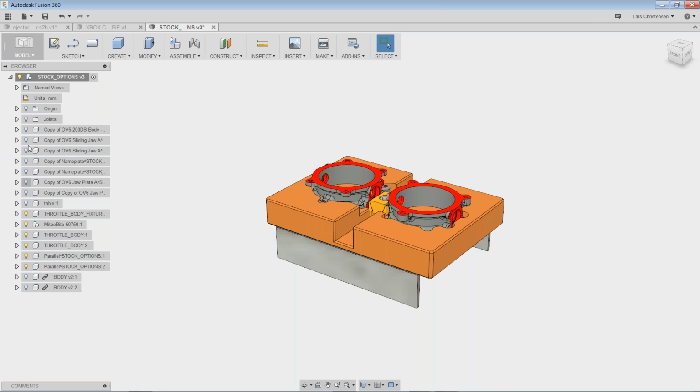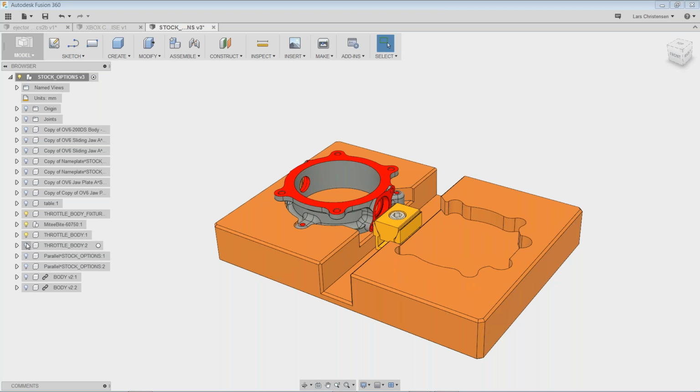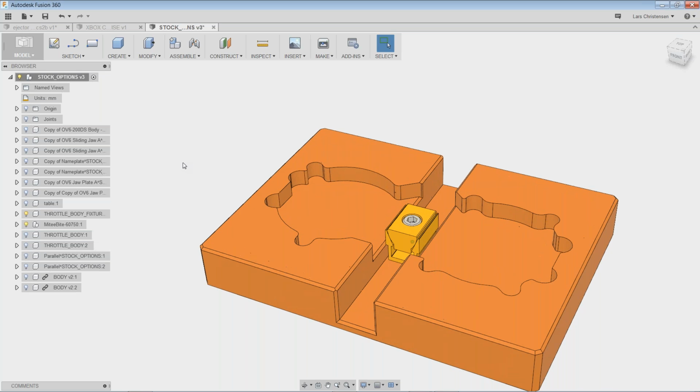You can also hit these small light bulbs up here, but there was a quick trick to do that, and I'm also going to get rid of these parallels. And let's just take a little bit closer look at what we have. So we actually have a fixture for these two parts here. Now, if I turn those two parts off, we get a closer view of this fixture. So this fixture here could be made out of, for example, aluminum that